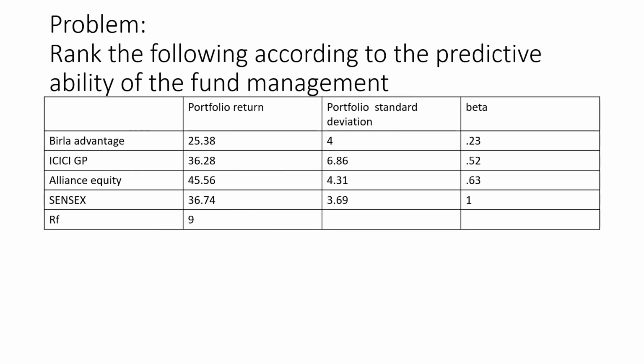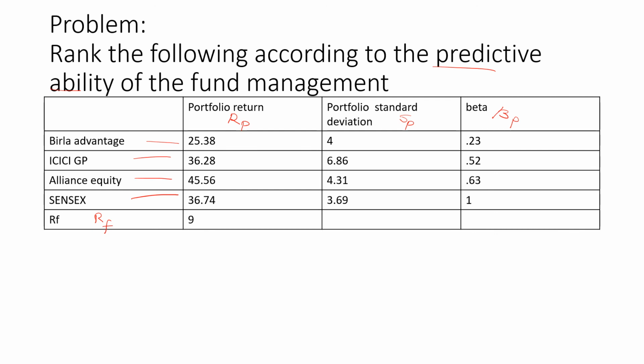So next problem, we have the Jensen model, but with one change, that is they are including the predictive ability of the manager also. So when you do the problem, first identify clearly, write there clearly what it is, RM or RP. This is the portfolio return, so RP. So for each one, what is the returns? Next one is the portfolio standard deviation, so standard deviation of the portfolio. Then it is the beta of the portfolio. Then this one is risk-free return. RF is a subscript actually.